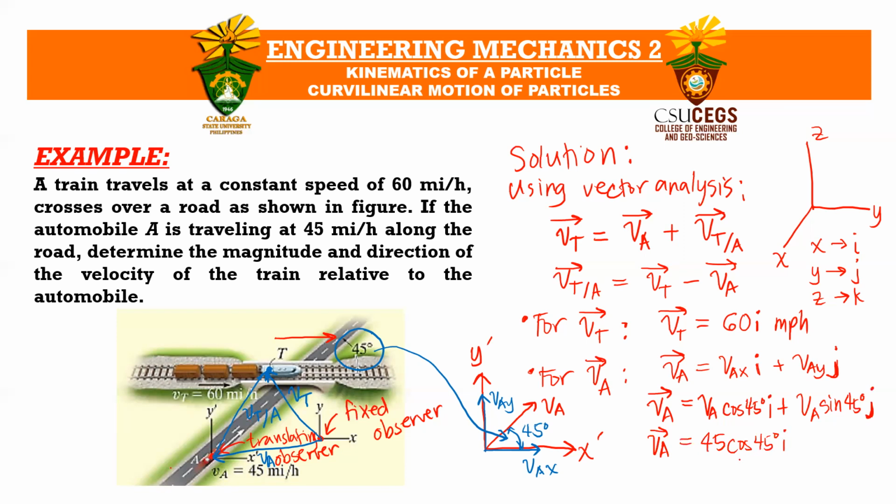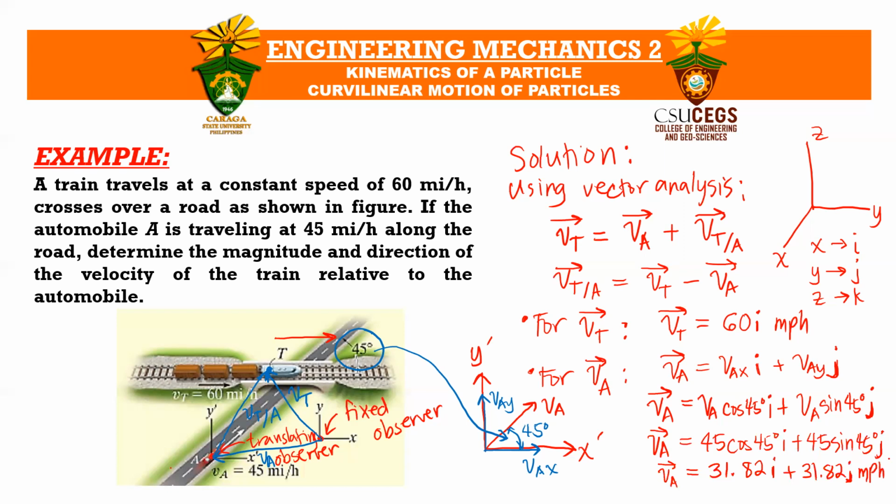So that will become 45 times cosine 45 degrees i plus 45 sine 45 degrees j. So the velocity vector form of your v sub A would be equal to 31.82i plus 31.82j